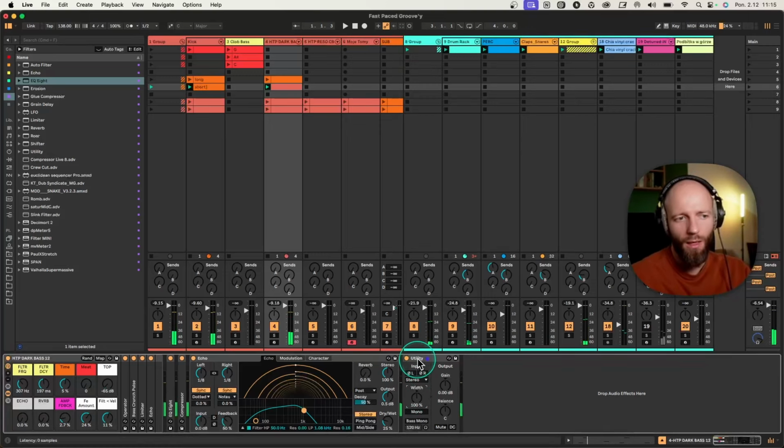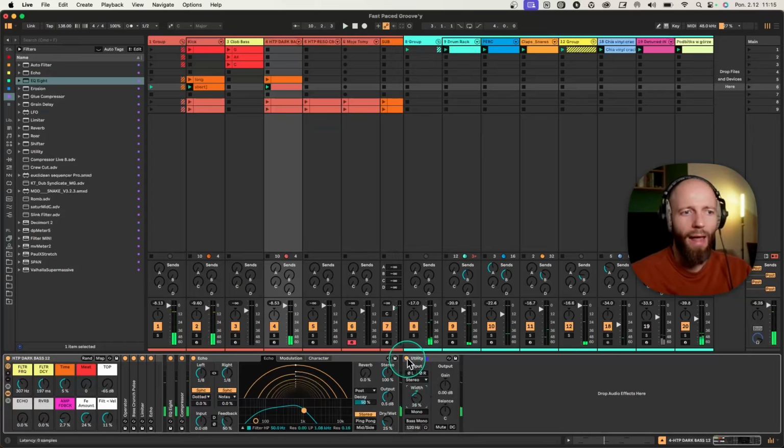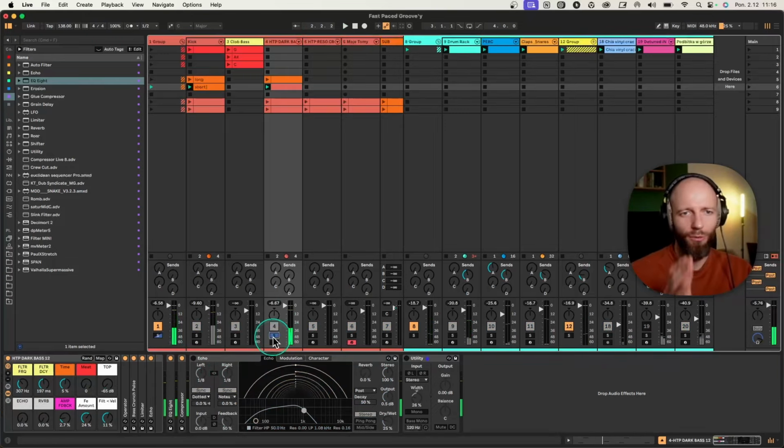So it's like using utility, or here adjusting the stereo. So I would do something like that. So you see those repetitions are not right and left everywhere, or doing this like that. That's better, but the best way would be actually to have these notes play without the delay,